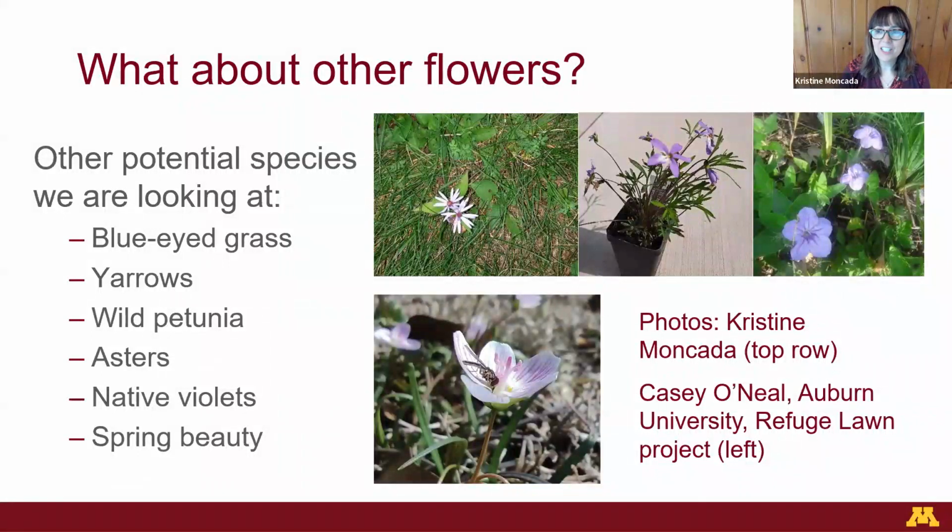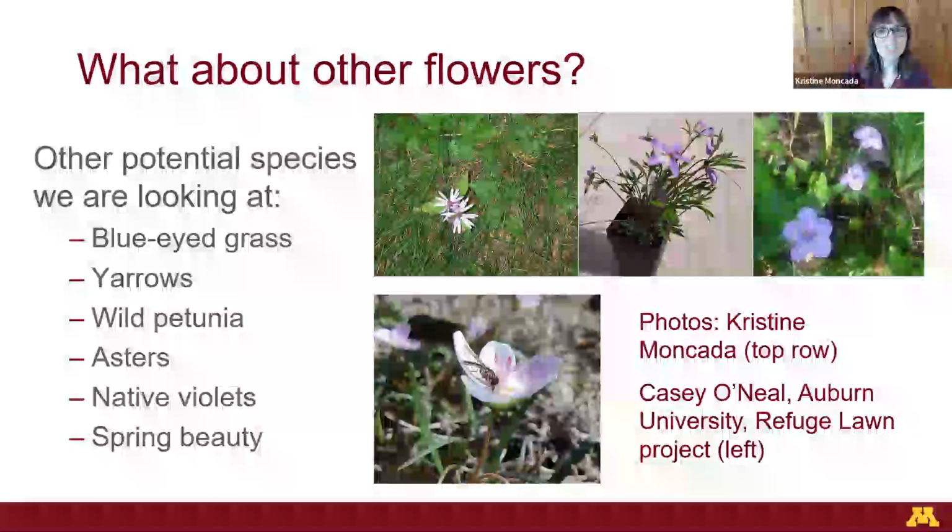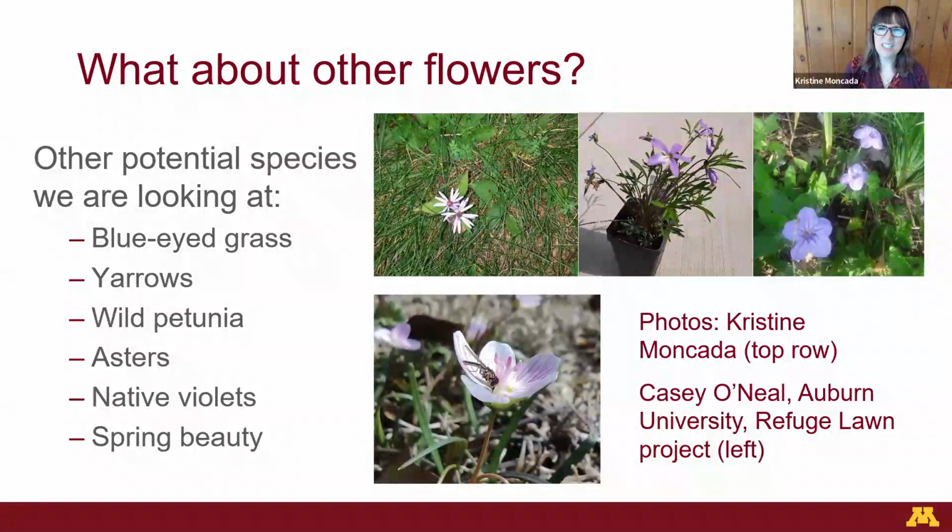Things like violets. The common violet is actually a native species, and that is kind of considered a weed in your lawn. It is relatively aggressive, but there are other native violet species, like prairie violet and birdfoot violet. There are other native species like wild petunia. We have a demo plot where we're starting to include these species, and we're going to see how